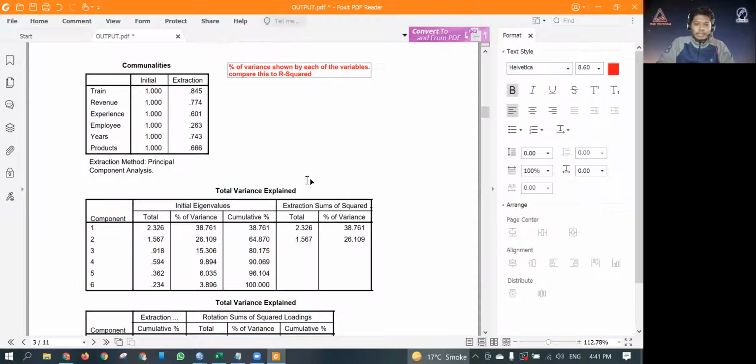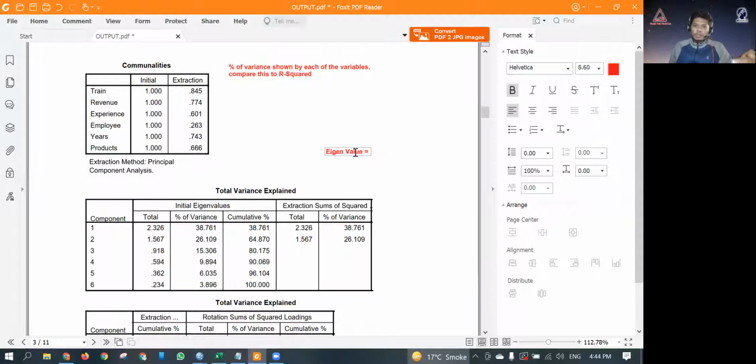Okay. Next part is the eigenvalue. So what is eigenvalue? Let's say each of these components has a factor of 1.